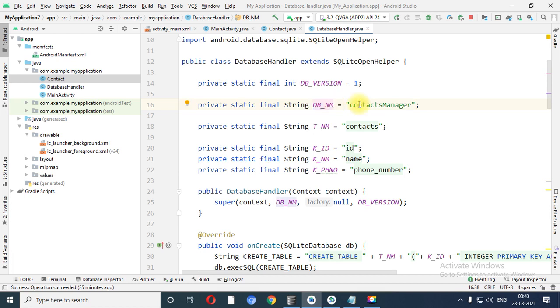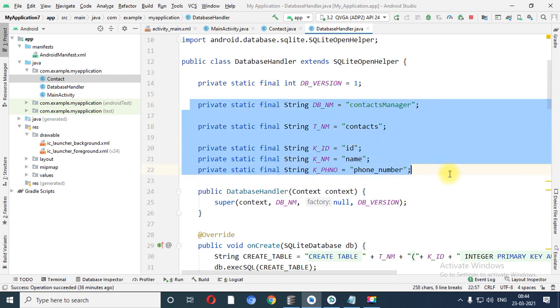So in future when there is a change in the name of the database or in the name of the table, at that time instead of switching to the various code, I just need to make a correction over here, and based on that correction it will be reflected into the code. Otherwise I need to find it in the individual codes. So I don't want to do that, right? So for that I have declared variables over here.